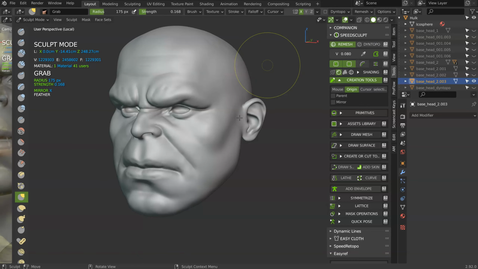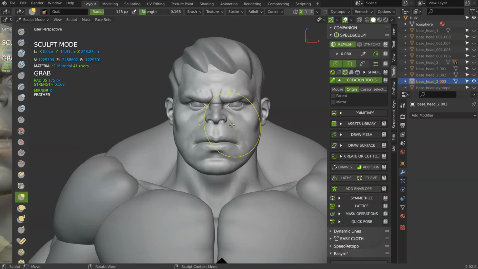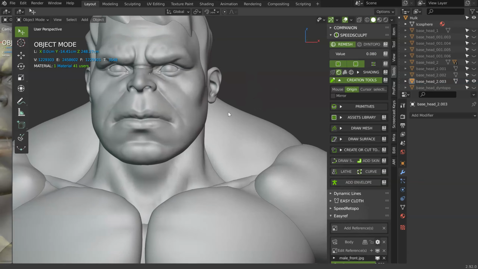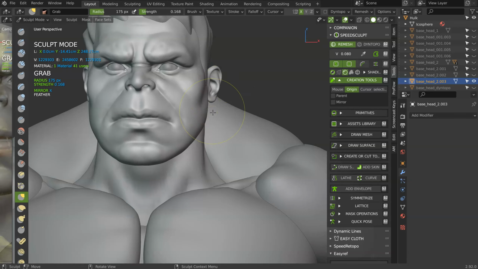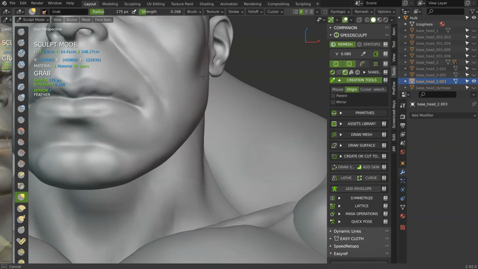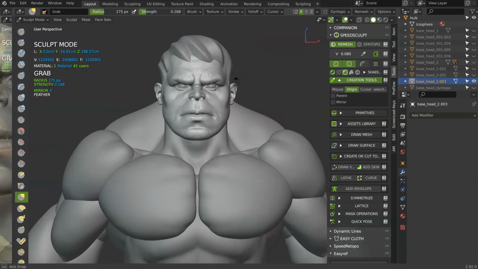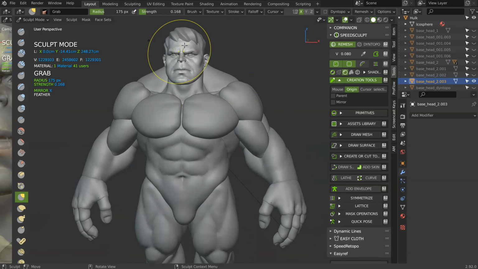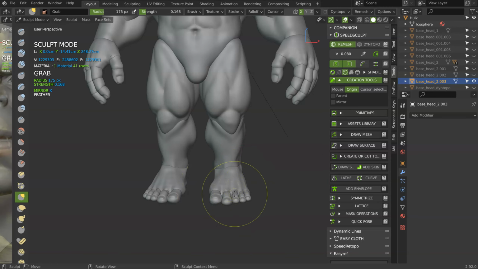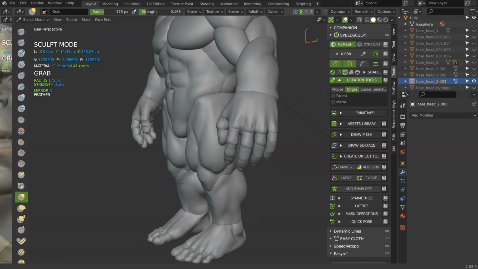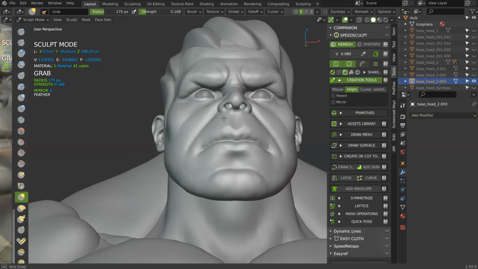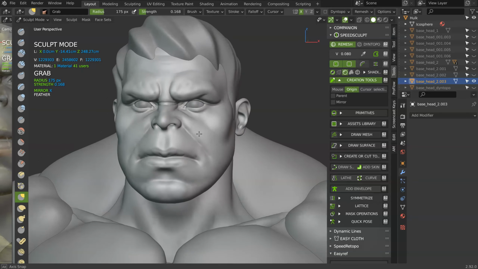Okay, boom. And like I said, we will stop here because we have something interesting, much better than the previous version, the previous test I made. Not finished, obviously. And I think in the next video we'll make the hand like we made the head, and after we'll make the foot, the feet like we made the hand and the head.